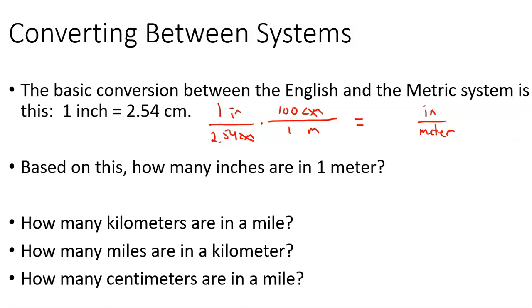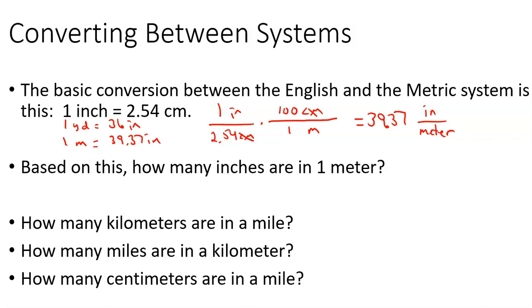Right, so 100 divided by 2.54 leaves me 39.37. So there's 39.37 inches in a meter, meaning that a meter is kind of close to a yard, right? Sometimes you have yardsticks and sometimes you have meter sticks. If 1 yard is 36 inches, 1 meter is 39.37 inches. So if you're looking for how these things compare, in the metric system, a meter is probably close to our yard. So sometimes when you're looking at a yardstick, you're actually looking at a meter stick. So if it goes past 36 inches, if it goes a little bit past 39,